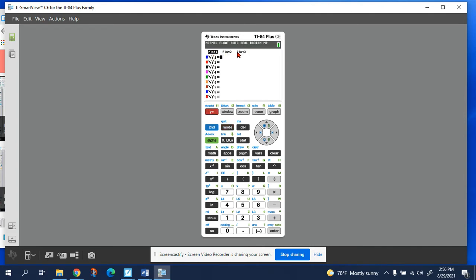Please check and see if the plot 1, plot 2, or plot 3 are highlighted, and if they are, use your arrow key to go up or over as needed. The one that's highlighted, rest on it, push enter, and then when you go down, you should see that it's